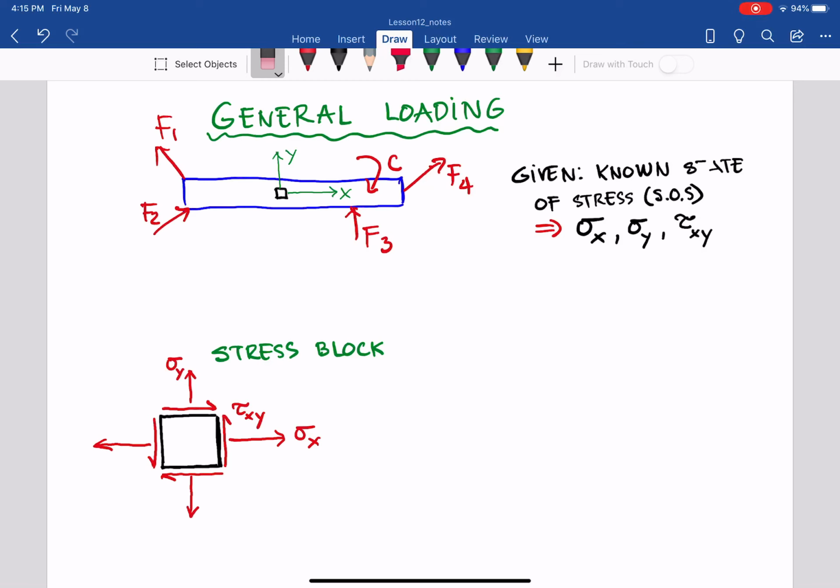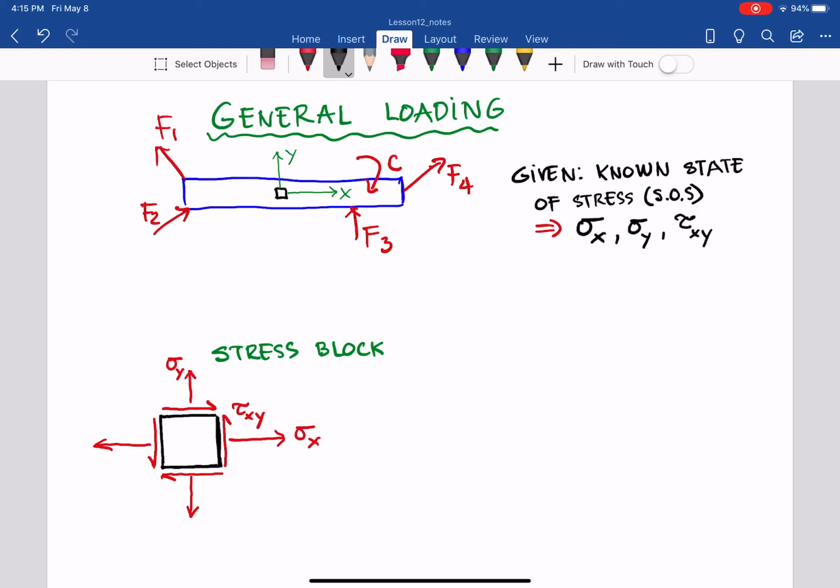Continue from the previous video where we defined why we have sigma x, sigma y, but tau xy, and what the x plane, y plane, positive x plane, and positive y plane are. Now let's move on to the stress transformation. As I said earlier, with a known state of stress,